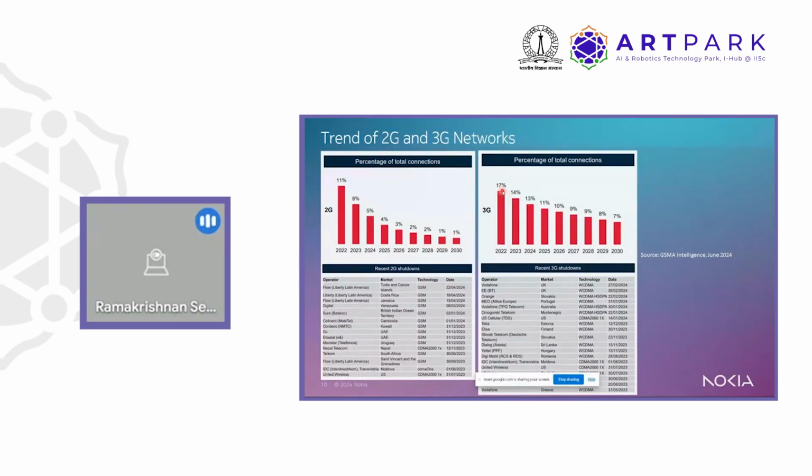A similar trend is primarily seen in 3G also, and the reason is that most of the operators are now looking at offering whatever they were able to offer with the 2G and 3G network with the new technology that they are deploying. So either these operators have already deployed 4G or they're looking forward to 5G already. And this list of operators gives you an indication of when they are shutting down their respective older technology. Right, and this actually covers only from 2023, and there are lots of networks that have already been shut down prior to this.